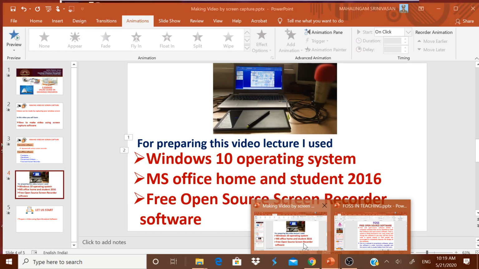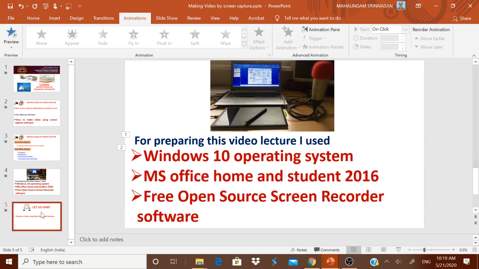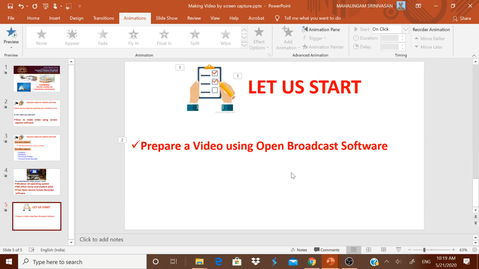Okay, let us see what you have to do now. Prepare a video using this Open Broadcaster Software. The steps are: go to the website, download the OBS software executable file, load it in your computer, open it, do the settings of the shortcuts, and then record a video. Please record the video for a maximum of 2 to 3 minutes for practice. Okay, the remaining sessions will continue in the next videos.